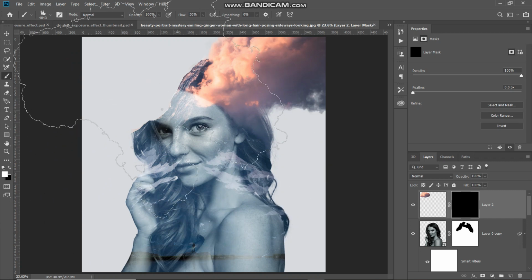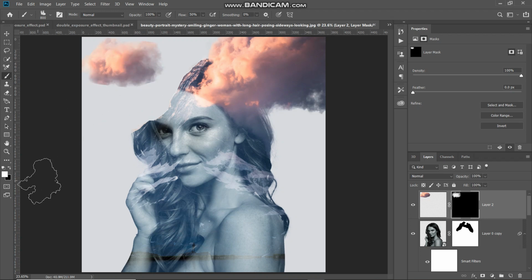And then using the brush tool, you need to hover over the areas which you want to bring it back. So let me just do that. Also, if you want to hide something, then you can just change the foreground color to black and then hover over the areas which you want to hide. So like this way you can take your own time and then try to create the best cloud according to your image. So now as you can see, now our image is looking much better. So yeah, that's it guys, that's the final image.